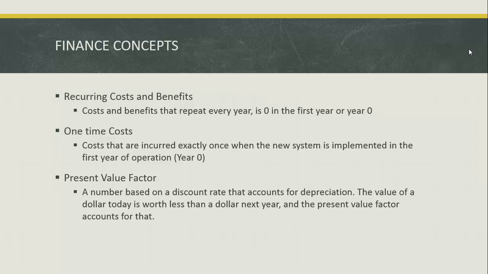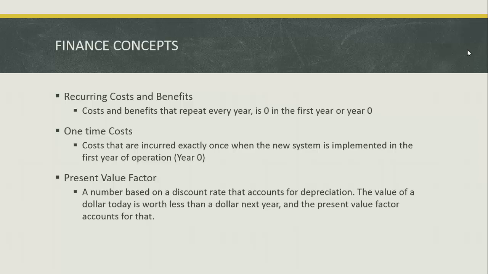Now let us look at some of the basic finance concepts that you will need. Recurring costs and benefits are costs and benefits that repeat every year and therefore are zero in the first year or year 0. This is because in the first year when the project is implemented, there is a one-time cost only and no recurring costs. The recurring costs start after year 0. One-time costs are incurred exactly once when the new system is implemented in the first year of operation and is